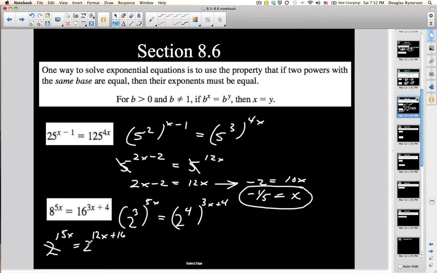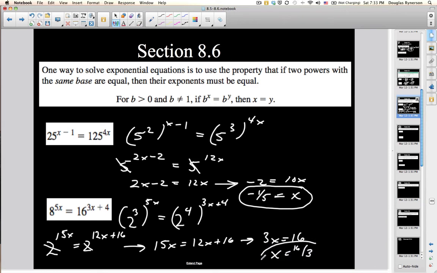Now that my bases are the same, I can get rid of them. So I'll have 15x is equal to 12x plus 16. When I subtract 12x from either side, I'll get 3x is equal to 16. So x would be equal to